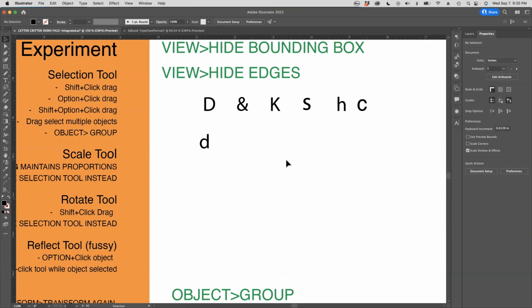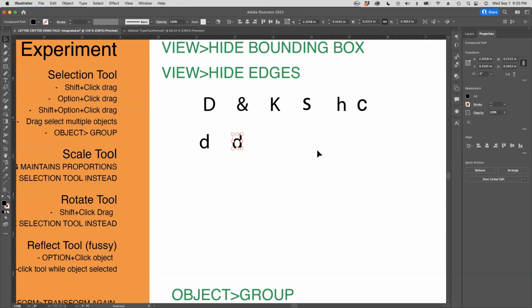Option click and drag is also important. So hold down the Option key, click, drag, you make a copy. Excellent. If you Option click, drag, Option click, drag, you can make a bunch of copies very quickly instead of cutting and pasting and that sort of thing. So that can quicken your